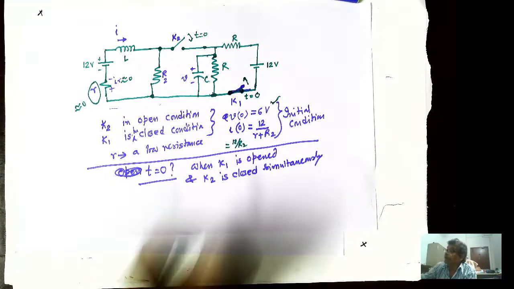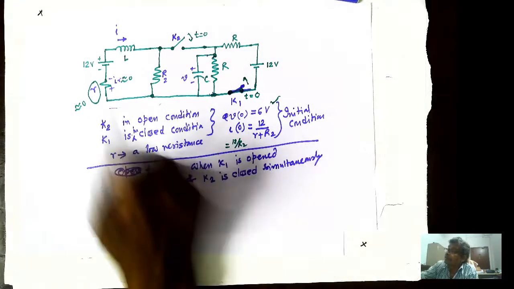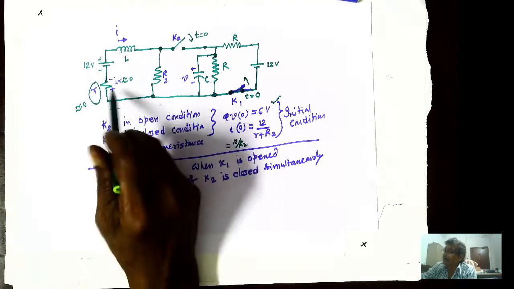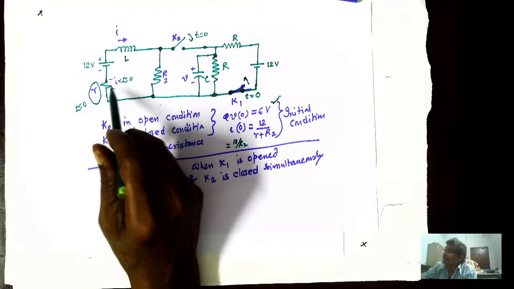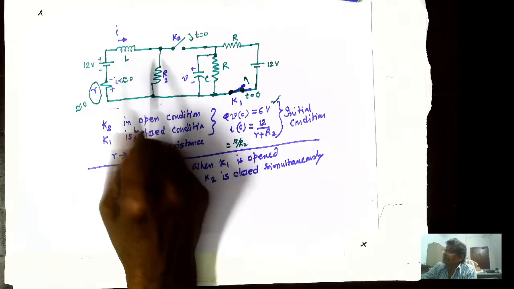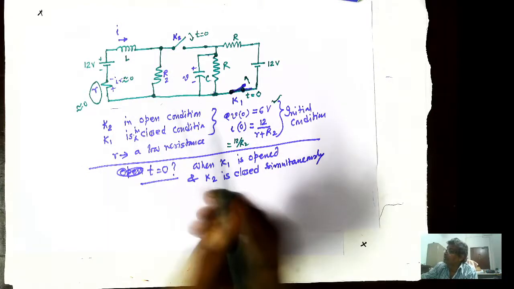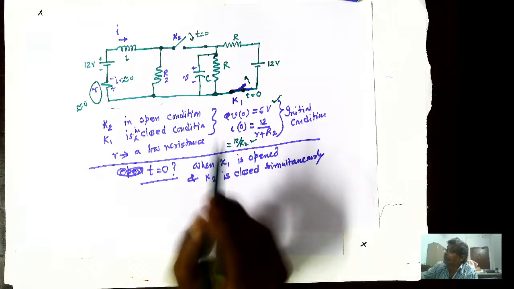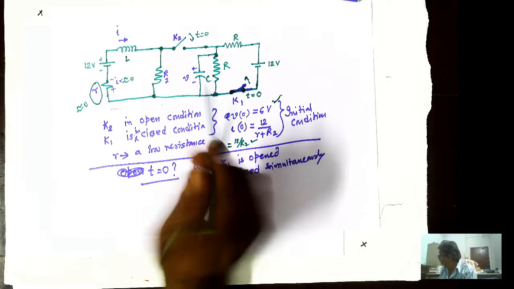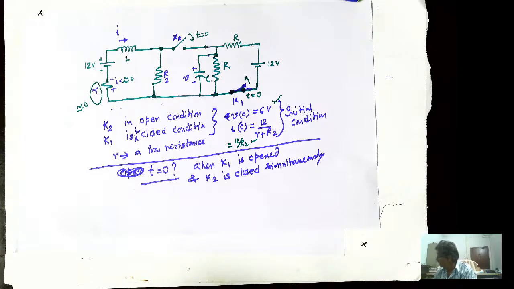When you do that, this capacitor had some initial voltage, this. What about the inductor's initial current? If you leave this circuit in this fashion with this r practically not present, the final current which will be flowing in the inductor in this direction is 12 by R2. We know that. So 12 by R2 is the initial inductor current. Now you close this and open this, then the circuit will be something, I will draw that circuit.